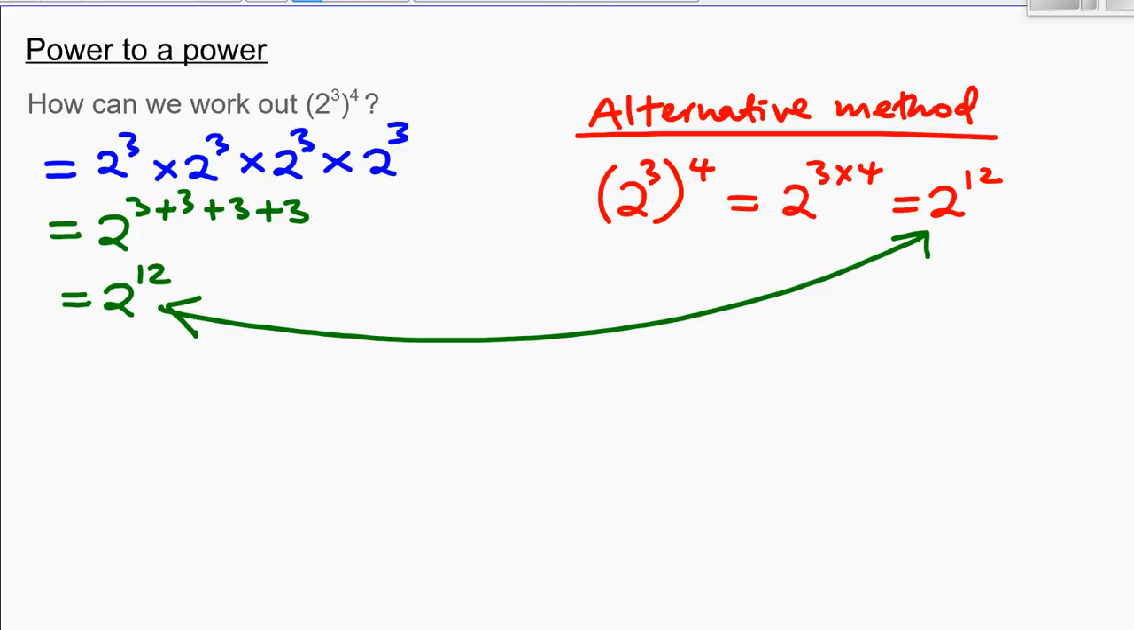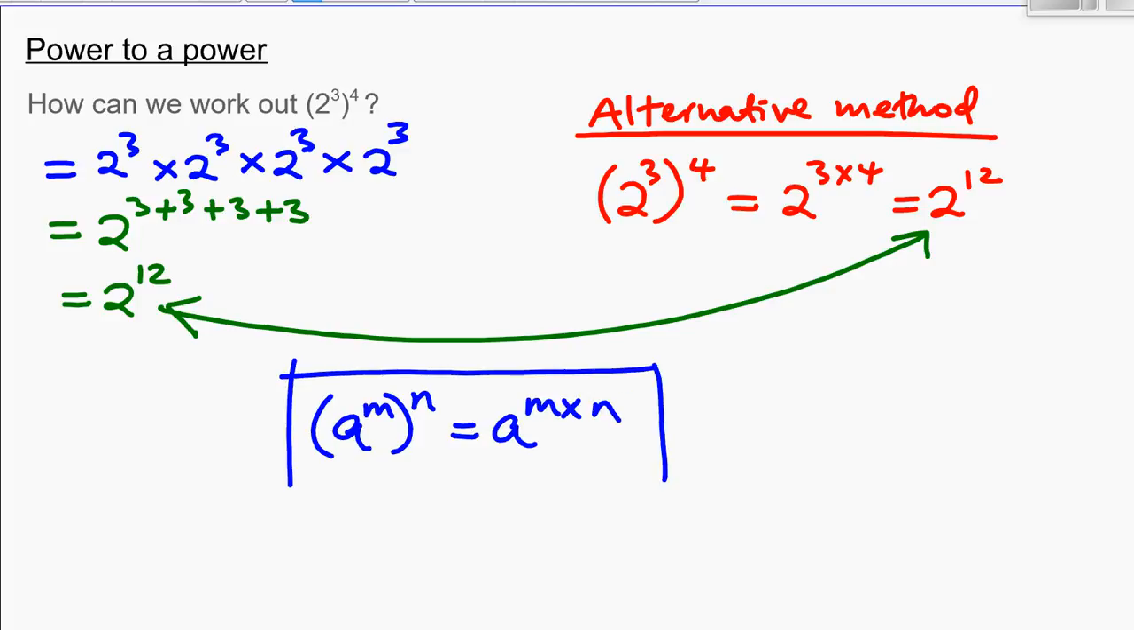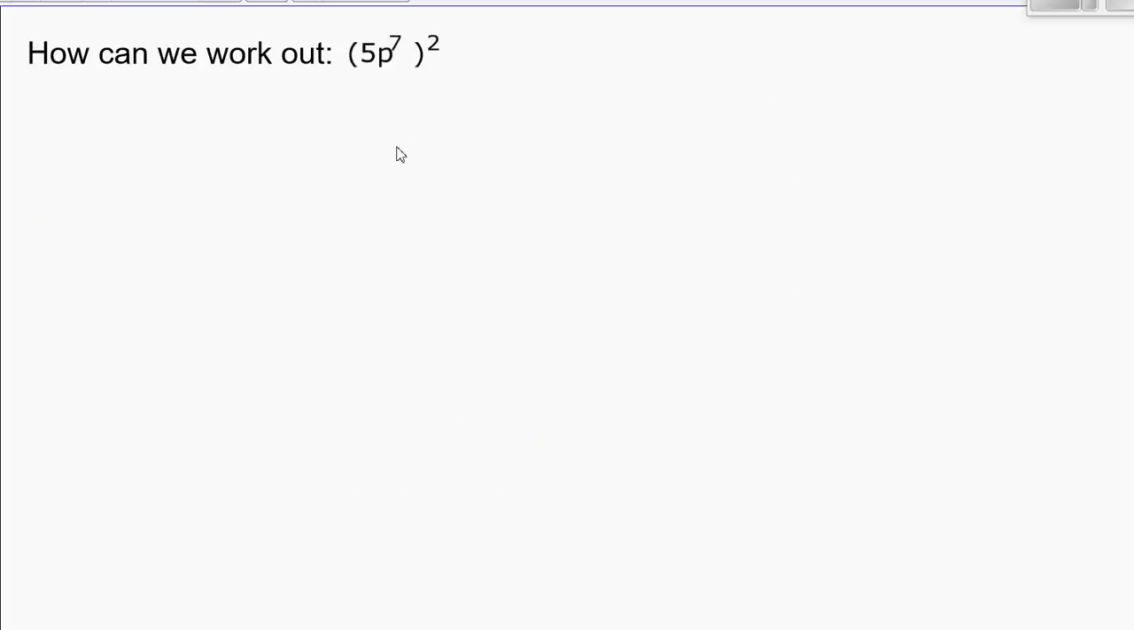So we can generalize and say if you have a to the power m to the power n, it is the same as a to the power m multiplied by n. We'll try to use that method to work out here, but I'll show you two methods. So method 1, which is the long method,